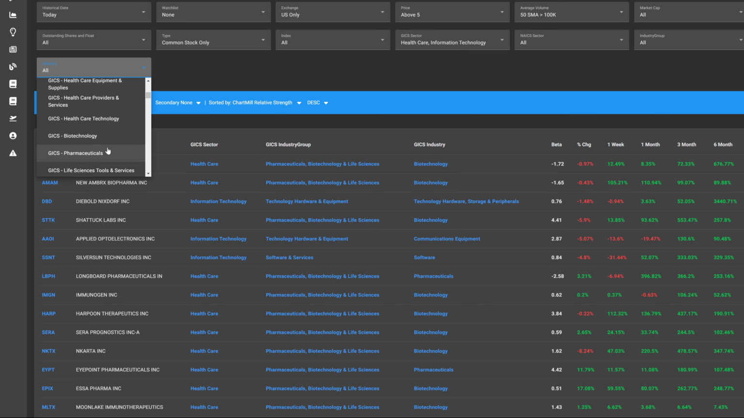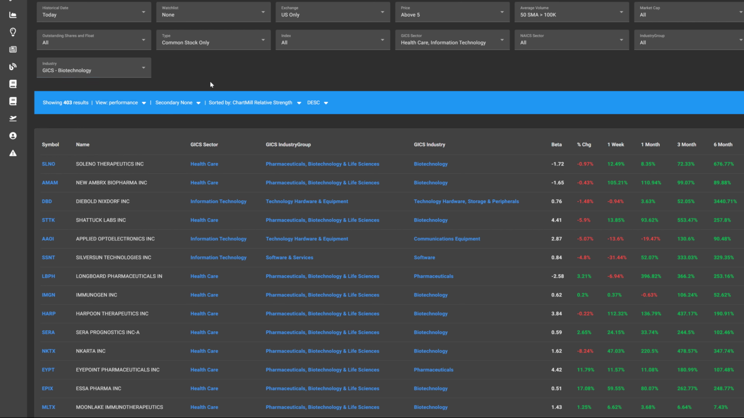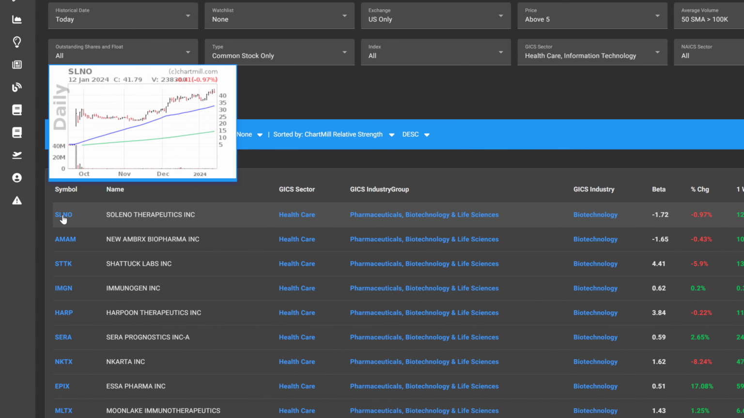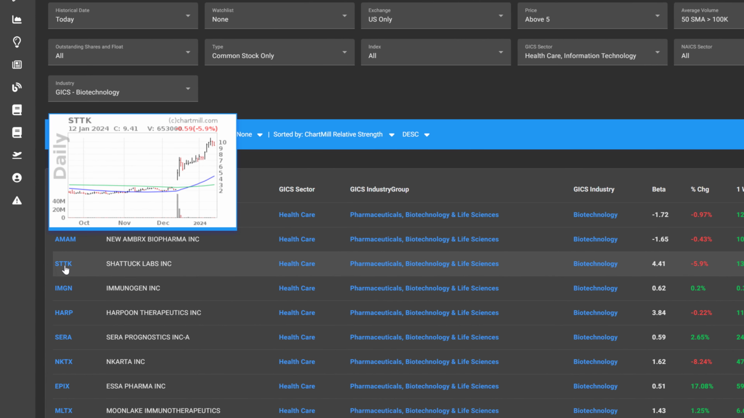Since only the healthcare and information technology sectors were retained, the available industries to filter on will be limited to these two sectors. For example, if I select biotechnology, ChartMill will only show the stocks from the healthcare sector and more specifically those from the biotechnology industry. When you hover over the tickers, you will see a chart thumbnail that gives you a first impression of that